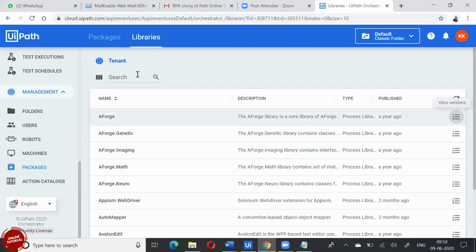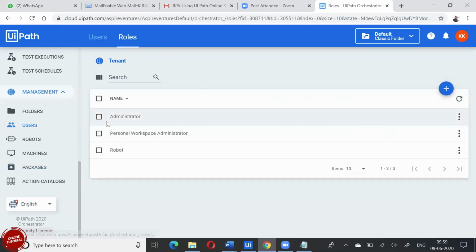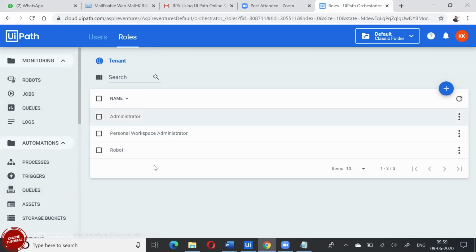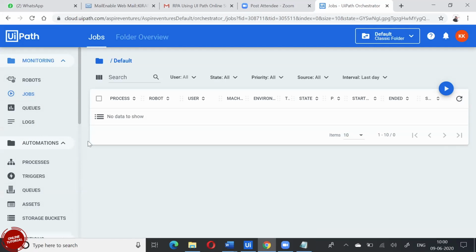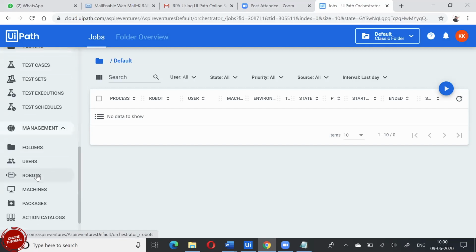Usually, as I said yesterday, if you come to users, if you come to roles, we restrict user-wise who can access which screens. Though it's a library, we don't give everybody access. Even if I want only one person to see the job screen, they cannot see any other screen. That is also possible. Even if all your screens are there, they can't even run a process. That much security control is given in UiPath. You can make it read only. If somebody wants to see the name here, they can see it, but they can't even go to a detail section. Such a level of information you can control. So all that comes here.